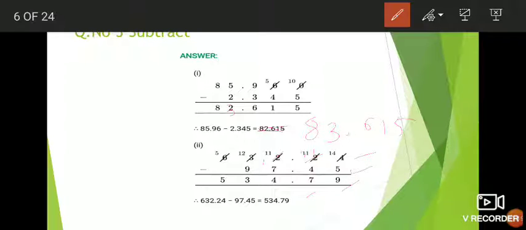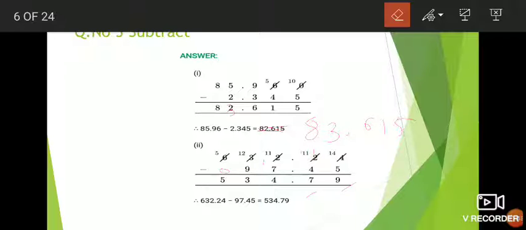Now we can't subtract 7 from the 1. Again borrow 1 point from the 3. Here it will remain 2 and this will be 11. 11 minus 7 again 4. We can't subtract 9 from the 2. Again borrow 1 point from the 6. Now it becomes 12. 12 minus 9 is 3. And then 5 minus nothing is there, means here 0. 5 minus 0 is 5 only, students. Okay. So this subtraction is very easy.